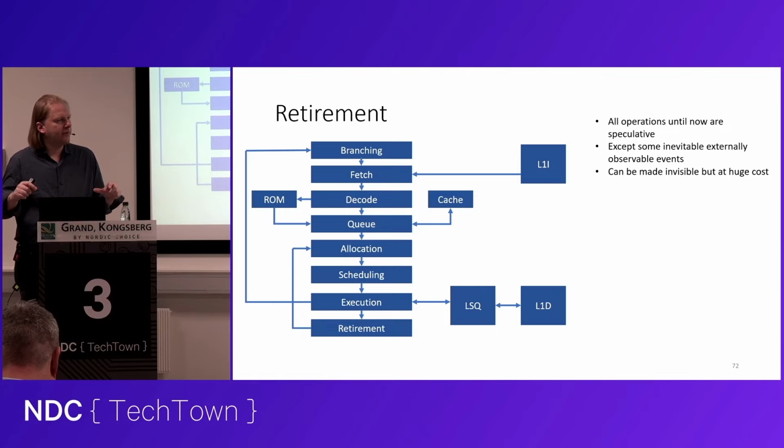all of the operations described beforehand were not externally visible, or at least they should not be externally visible. They were speculative, because the processor runs ahead in time and tries to do something, thinking that it will do the right thing. Retirement actually finalizes those results and makes them externally visible. Well,